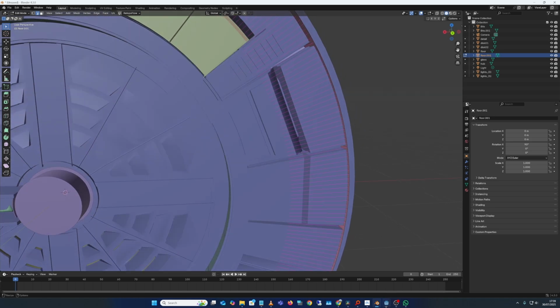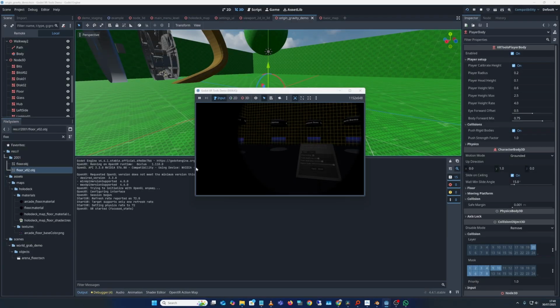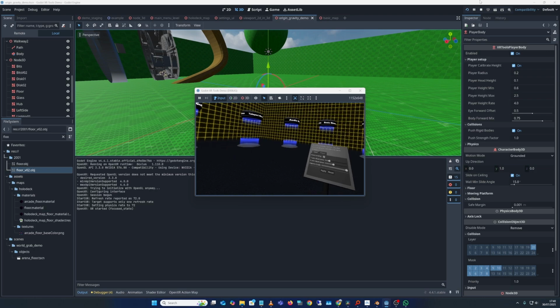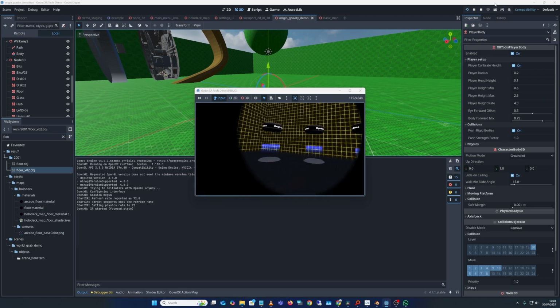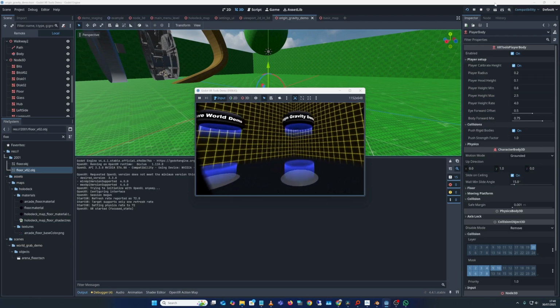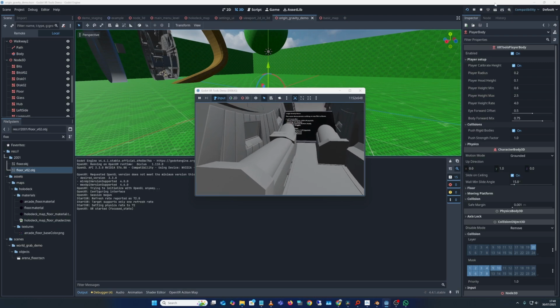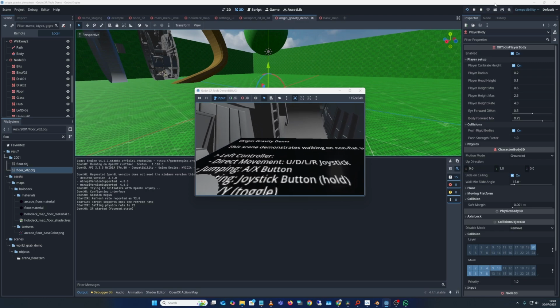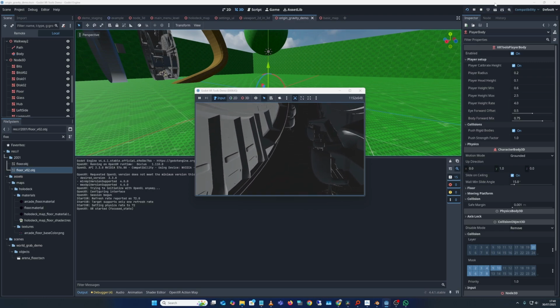I can show you. So this all works. Hold the trigger, and then this is the template project with the sort of holodeck Star Trek style thing. Here's the gravity thing. Okay, and as you see, as I step, there are these little steps which aren't terrible, but I'd really like it